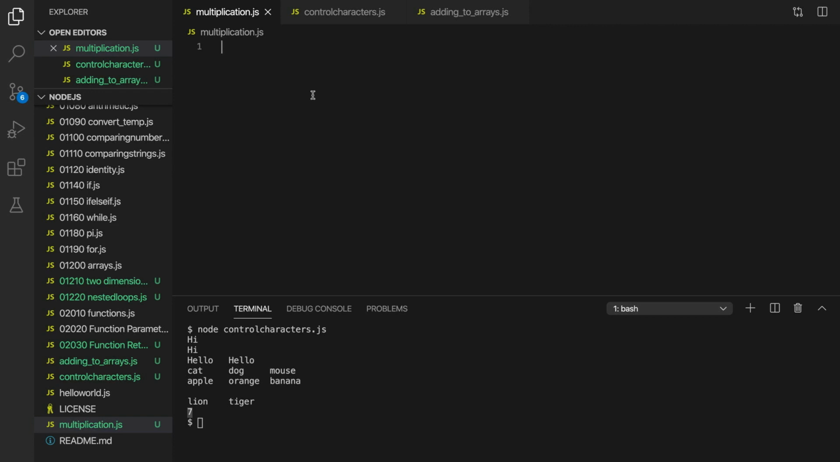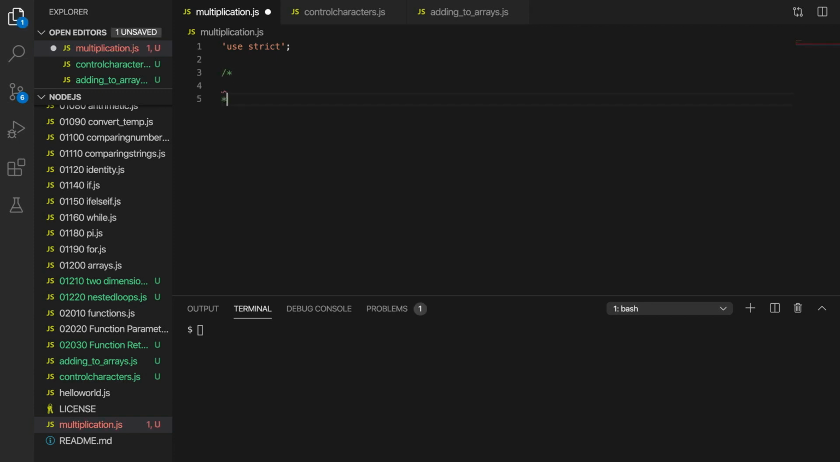Okay, so as usual, I'm going to start my multiplication.js here, my script, with use strict. So this exercise here is to create a multiplication table. That's not quite all the exercise though. So what we want to do is we want to end up, let's clear the console here, it's annoying me. So we want to end up, let's use a multi-line comment here, printing, in other words, displaying on the console, a multiplication table that looks something like